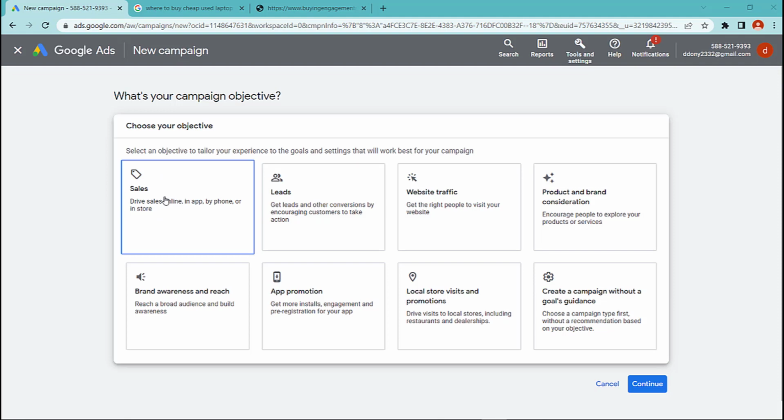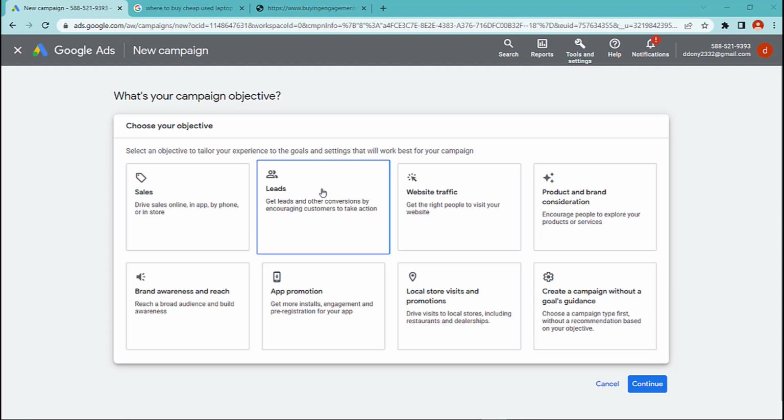If your primary goal is to drive sales to your business, you can choose this Sales campaign objective. This objective is designed to reach people who are likely to make a purchase, and it can be a good choice if you have a well established website and clear sales funnel.